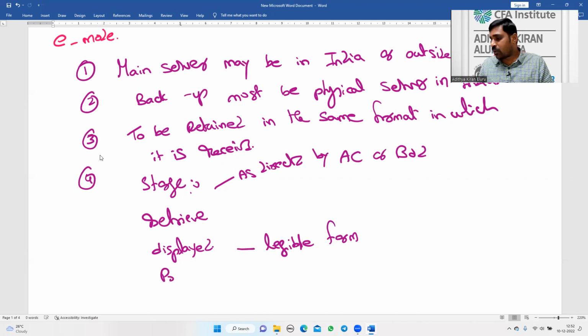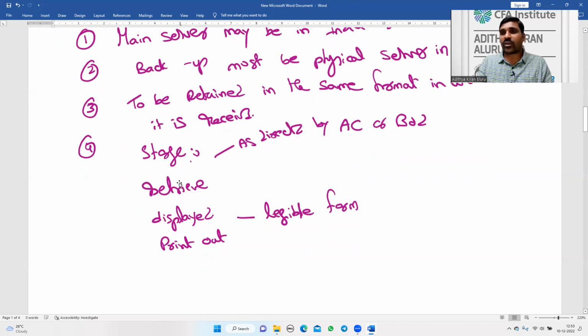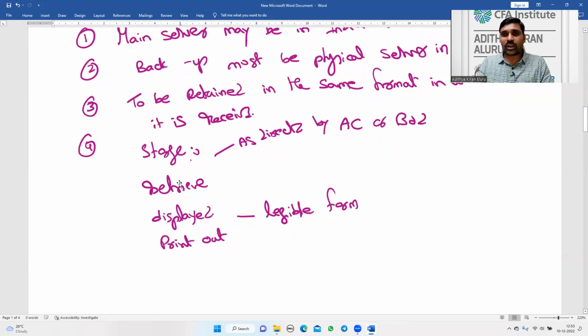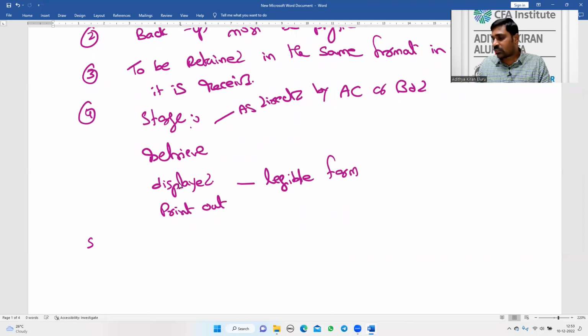Next, I should be able to take out the printouts. So retained, storage, retrieval, displayed, and printouts. I should be able to take the printouts of it. So this is what I have to maintain for the electronic books, and I have to inform the ROC,